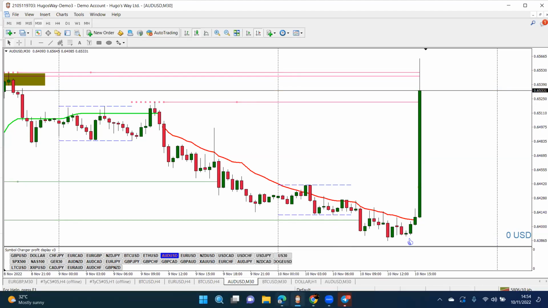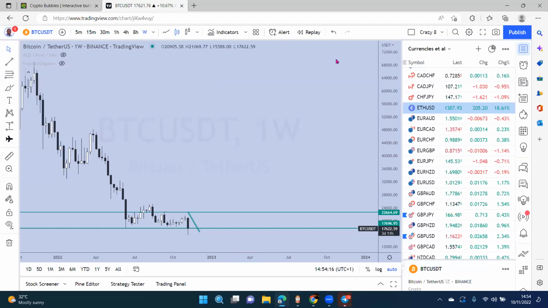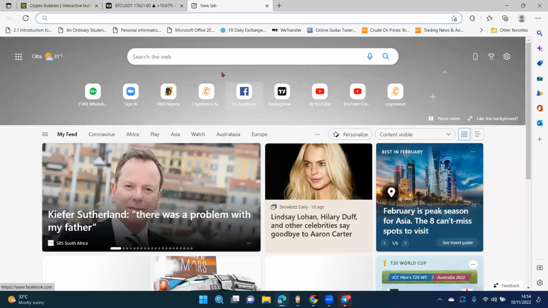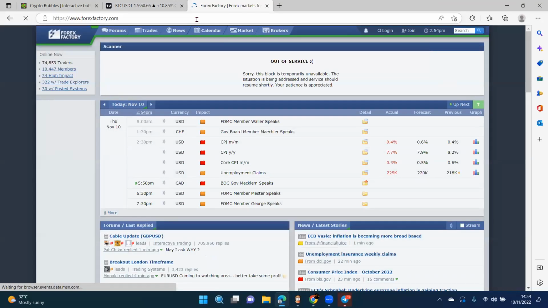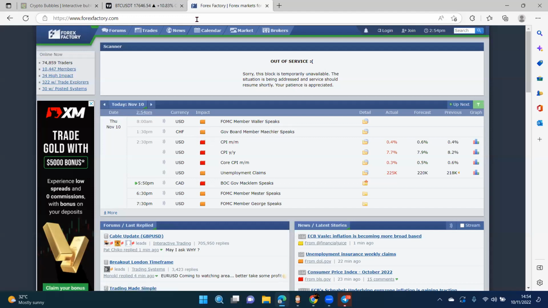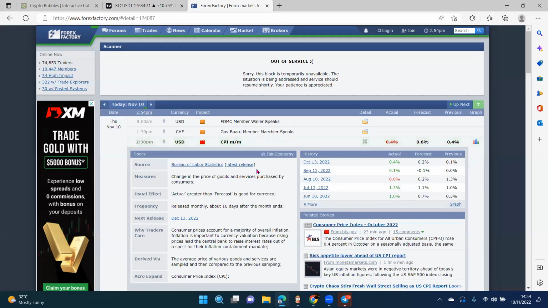Let's see, was there anything that moved the market on Forex Factory today? Yeah. All right, CPI. CPI and everything red. Everything red. Right? So when it's red, it means it is against the dollar, right? If you come to your Forex Factory, look at this envelope. Just click on it. Once you click on it, it tells you what CPI means, right?